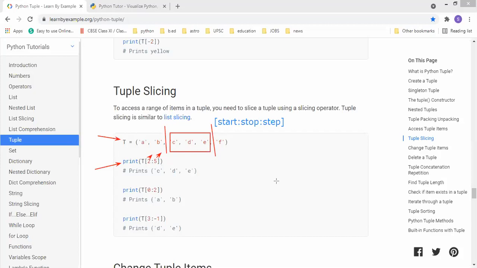Yes, sir. Slicing. This is the same thing you do in string, list, and tuple. Slicing does not change anything in the original value. It is just getting some part of the values and displaying it in the output. That's all. And you can also save this in another variable. You can get the part of the tuple and store it in another tuple. I will show you this in the example.